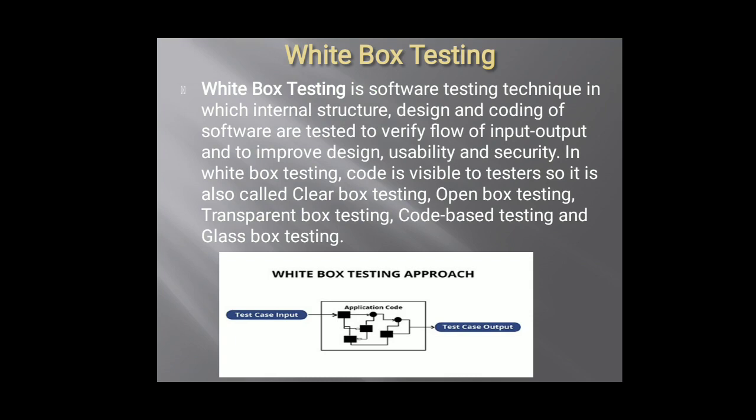As in black box testing, the tester does not know what the functions are, what the design is, what the implementation is, what the requirement is. It just knows that it has to put in the values and check the test cases. But as opposed to this, in white box testing, the tester is well acquainted with the design as well as the structure and the code, and that is the reason it is called white box.